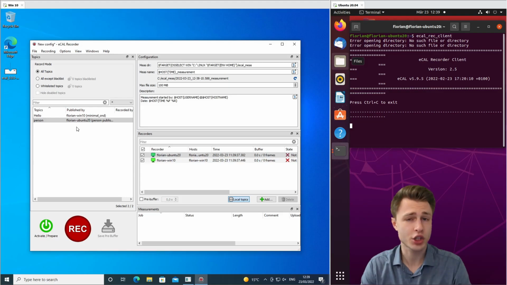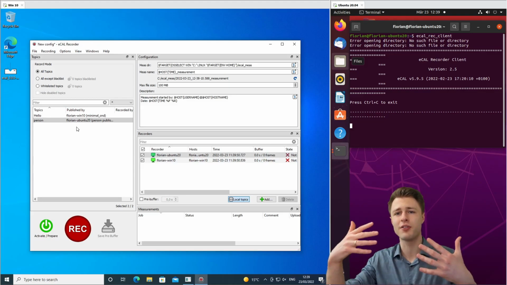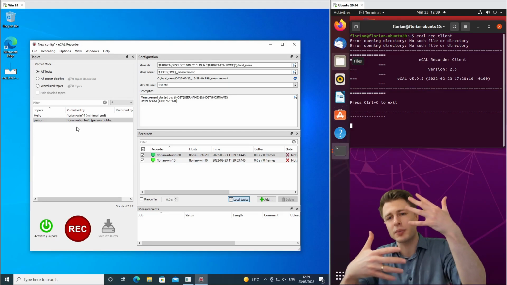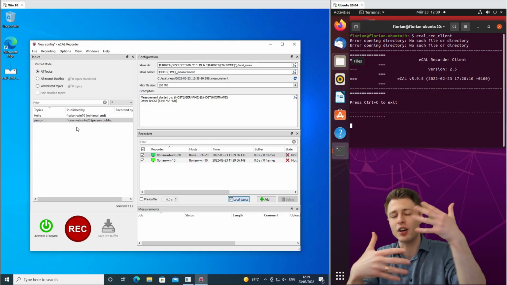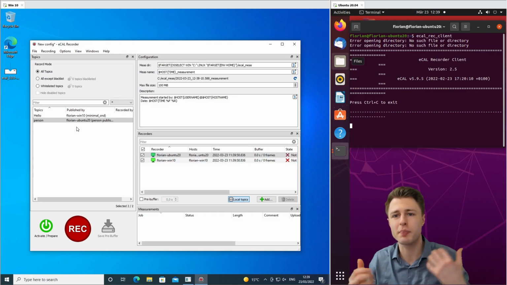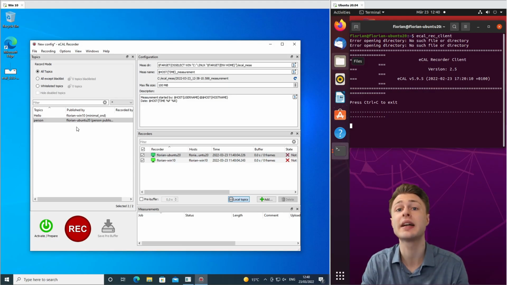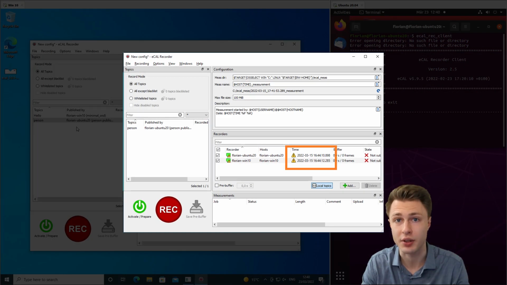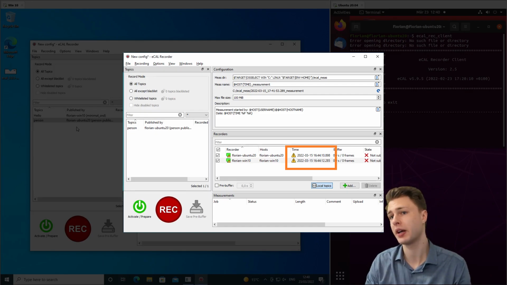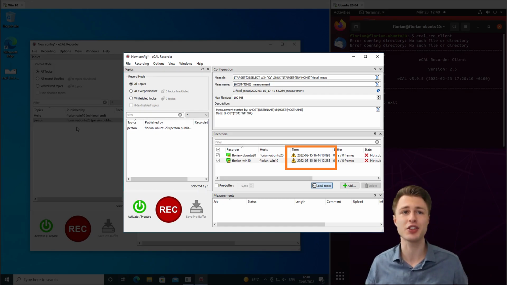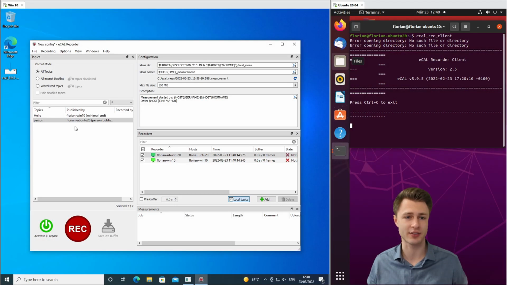What you also have to make sure in a distributed recording is to time synchronize all of your machines. Because if you don't, for example, if your machines are, let's say, 5 seconds off, then all of your frames from your measurement, if you fuse those measurements together, will then be 5 seconds off. And so the measurement will not be very useful for you. So make sure your systems are time synchronized and the ICA recorder will also complain if they are not. I have made sure by just checking the little time synchronization checkbox in my virtual machine. So everything is fine here.